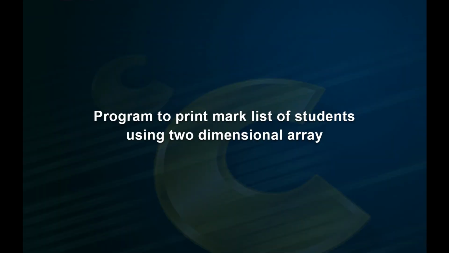So far we have discussed single dimensional arrays which may be of integer or character data type. Now, we discuss 2 dimensional arrays where each array row can have multiple fields of the same data type. For understanding the working of a 2 dimensional array in detail, let us consider a simple example of printing the mark list of a set of students. Let us first go through the algorithm.